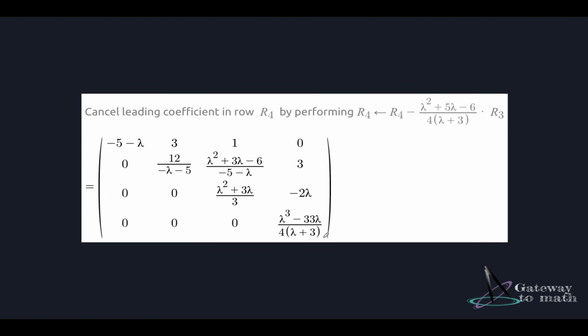of (lambda plus 3). Now we can see this matrix is actually in row echelon form because you have these values as zeros. So when the matrix is in any triangular form, upper triangular or lower triangular form, the determinant equals the product of all the entries in the diagonal, correct? So let's go ahead and write that in the next slide.